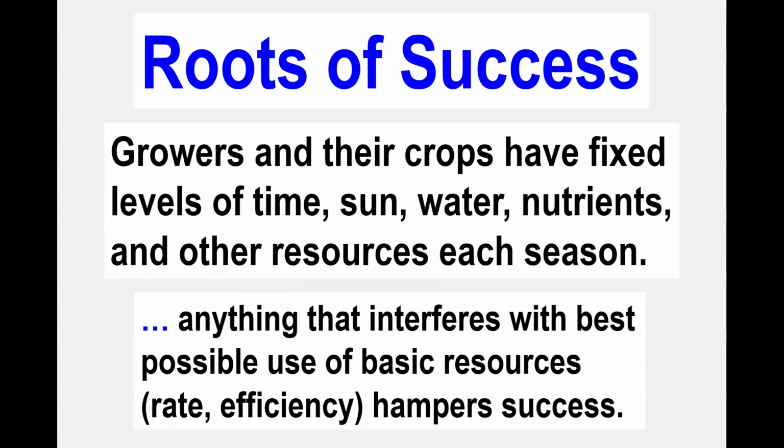So if that's the case, and I feel like it is, it's important to recognize what resources are available, how long those resources are available to us, and we have a fixed amount of time and sun and water, nutrients, and every other thing that we have, and anything that interferes with the most effective use of those resources is kind of working against us, right? So perhaps useful to consider that